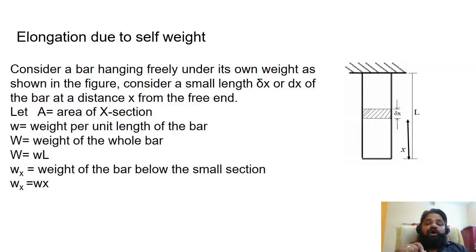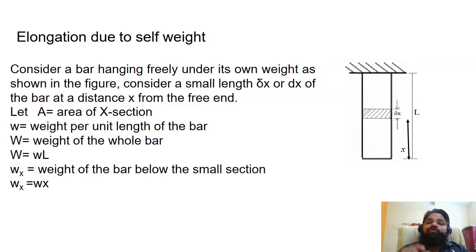And one more case, the small w subscript x is the weight of the bar. If you see the figure, it is showing two different sections or parts. One is the whole bar which has a length of L, and another is a small part of length x, shown below the delta x part. The delta x hatched area has been considered because I want to find out the induced strain or elongation due to the weight. I have taken a small area on that, and then I will try to integrate.